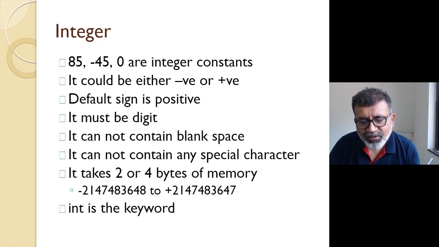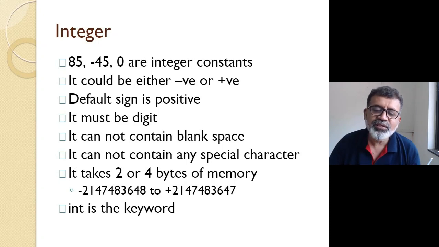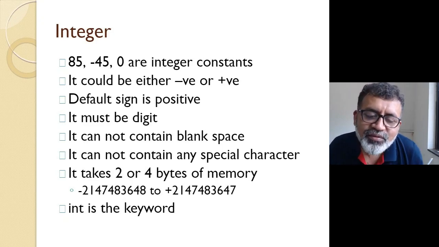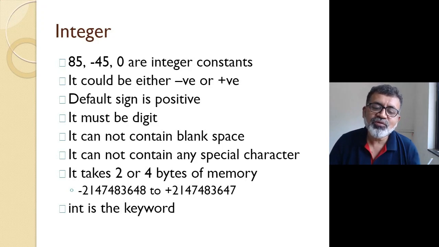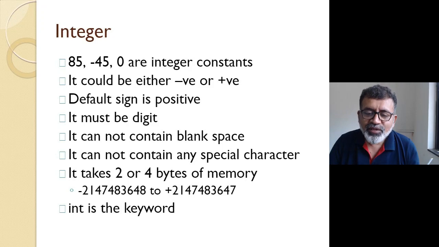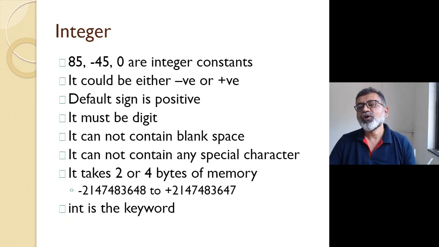0, 1, 2, 3, 4, 5, 6, 7, 8, and it goes up to plus 2147483647. And negative numbers start from this end: -1, -2, -3, -100, -1 lakh, and so on. So the lowest limit of the negative number is -2147483648. So when you add one to the maximum, it goes to this side and gives you -2147483648.